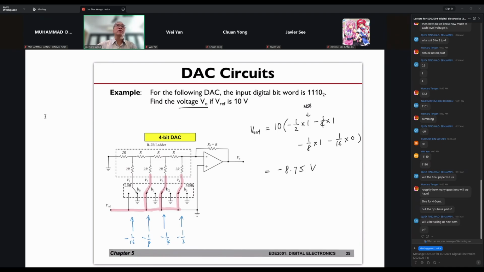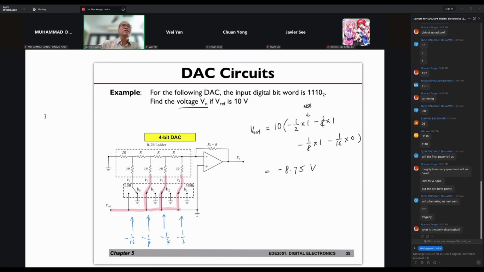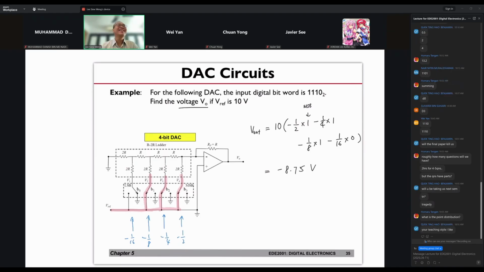No. Next try, no more. The other group, yes, but not this one. Because I think the next group, tragedy. Tragedy means that with me taking you guys, it will be a tragedy. What is the point? It's 25% per question. No, I have to tell you,